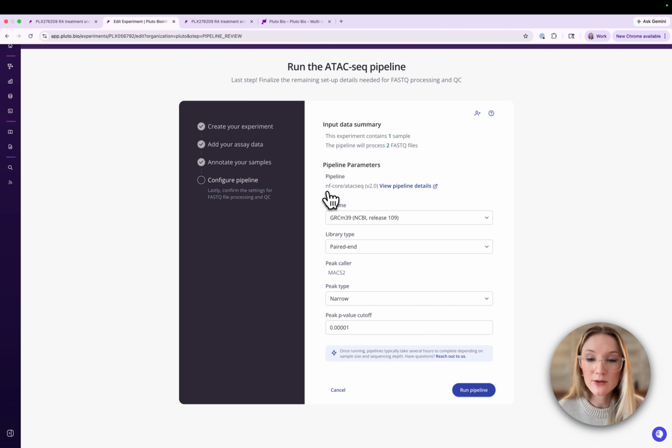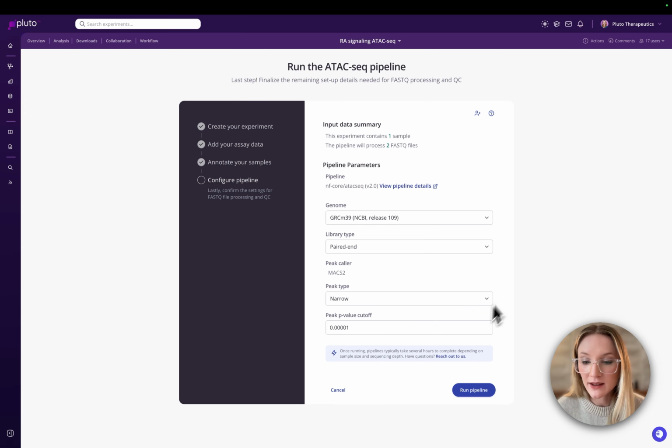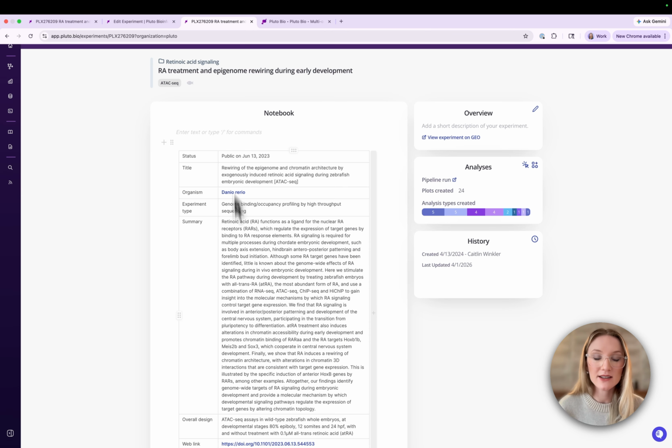So this will run NF-core ATAC-seq, which is generally recognized as a gold standard pipeline. It's very easy to view all the code for that, as well as cite it in your method section. Then you'll just select a few parameters like genome and library type. And then by clicking Run Pipeline, that will kick off the bioinformatics pipeline, and it will also initiate this experiment